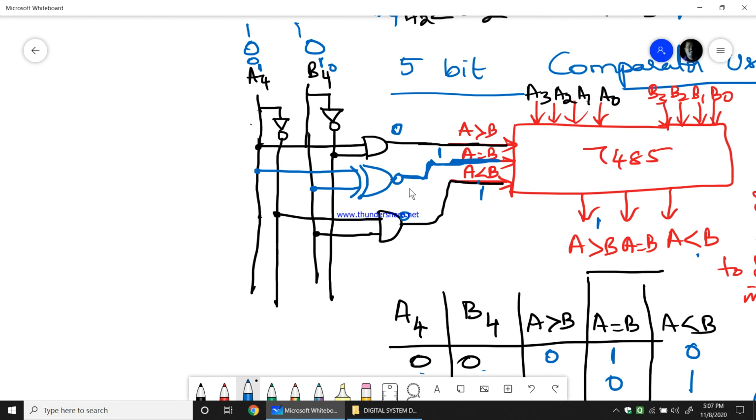So, this is how you can have a 5-bit comparator using one single IC 7485 by making the cascaded input work as the 5th MSB bit comparison. Okay, so by this, I hope you are clear with the 1-bit comparator, 2-bit comparator, 8-bit comparator, 4-bit comparator, and 5-bit comparator using 7485 and also using basic gates, which we have done now. So I hope the comparator is clear to you. Thank you.